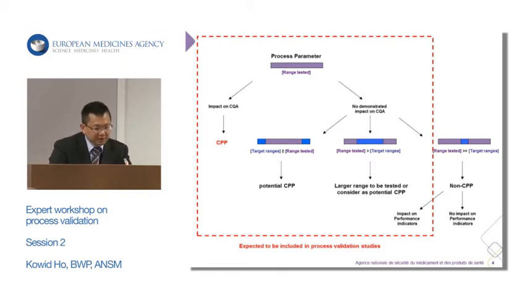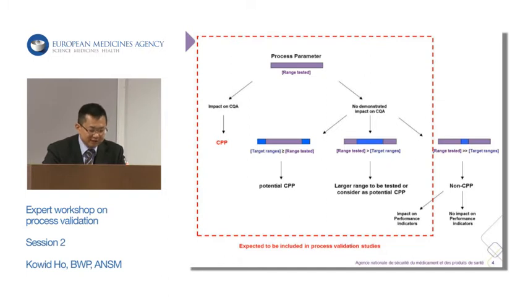Now, in case you actually demonstrated that it has no impact and the range tested were quite wide as compared to your target ranges, we will agree that they are non-CPPs in that case. Well, it's not done yet. This is also one of the tricky parts: for these non-CPPs, which ones should be included in process